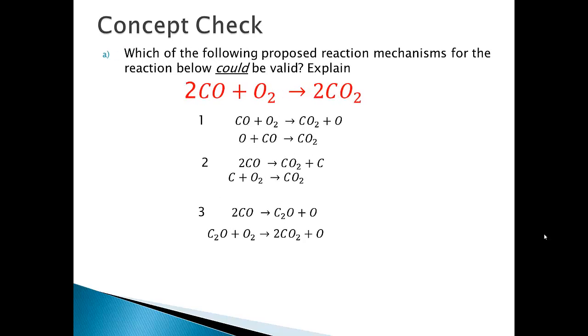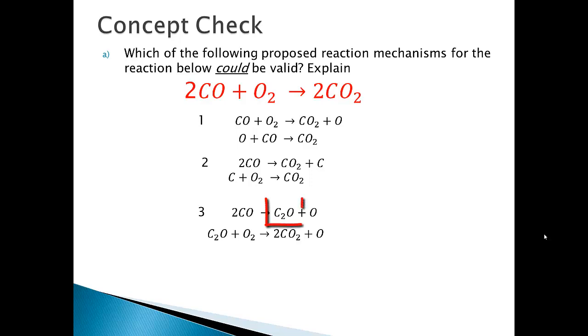All right, so finally a concept check. Which of the following proposed reaction mechanisms for the reaction below could be valid? And explain. We've got our choices, 1, 2 or 3. Now the overall reaction is 2CO plus O2 gives us 2CO2. Okay. First of all, let's have a look and see whether all of these make sense from a valence standpoint. Now the one that seems odd to me is number 3, where we've got C2O,